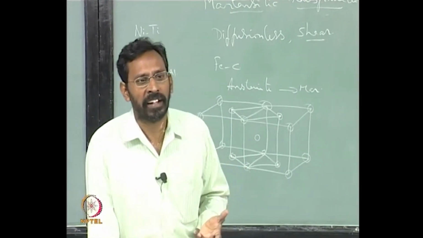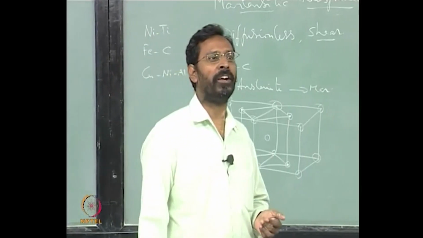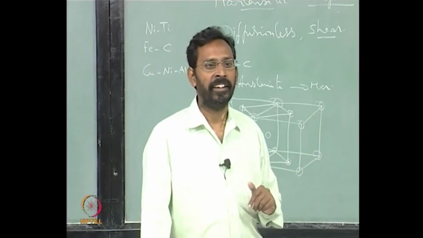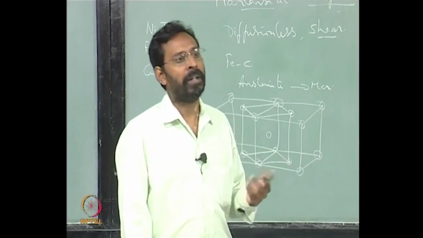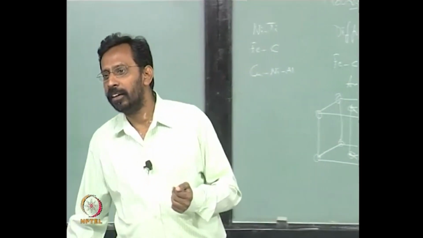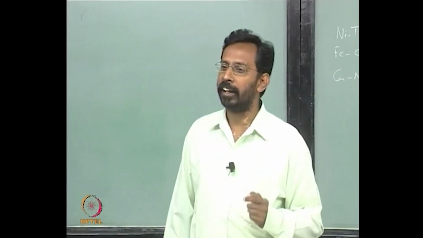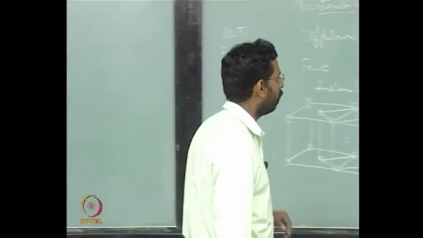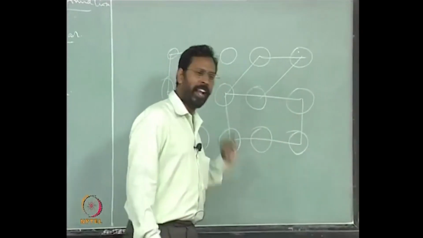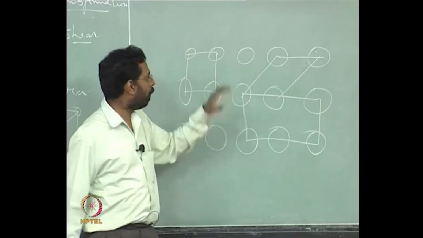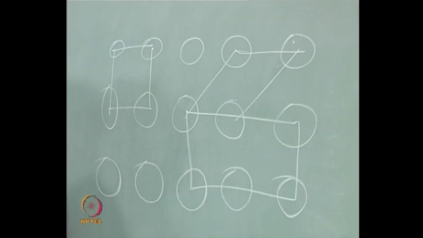Just because angle is 90, you need not get a 4-fold symmetry if A is not equal to B. That is what a rectangle is. A is not equal to B, but angle is 90 degrees. So that will give you what kind of symmetry? A rectangle, what symmetry does a rectangle have, Prerana? It is a 2-fold symmetry. This is what it has, this one. And if I now look at this particular unit cell alone, among this and this, if I compare it, this has a 2-fold symmetry. Not only that,